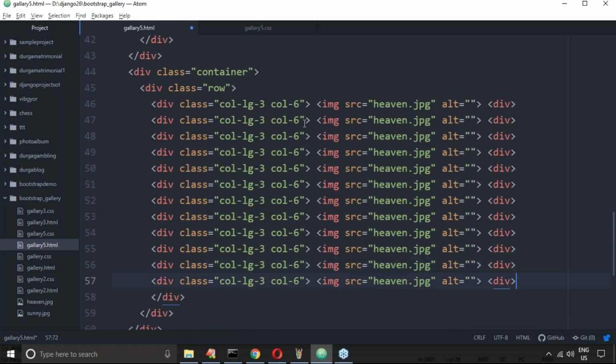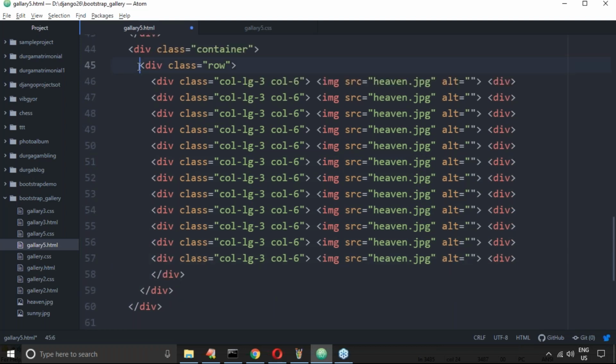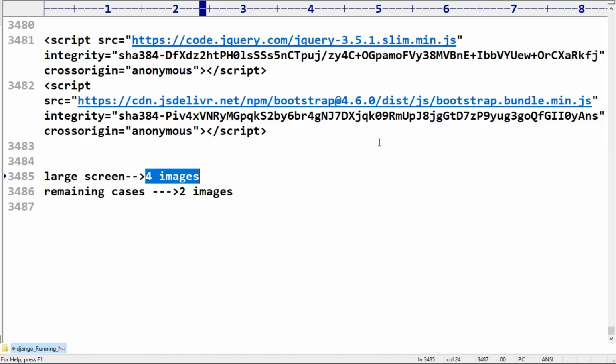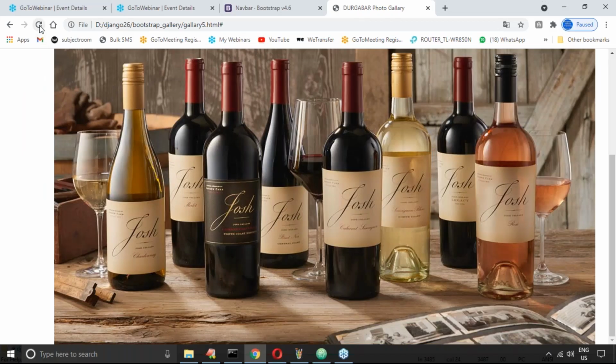Some people are asking about the row. Sir, only the same row you are taking, no problem at all. Once the required number of elements is completed, it will automatically move to the next row. We are not required to specify it separately, and we are not required to worry about that.